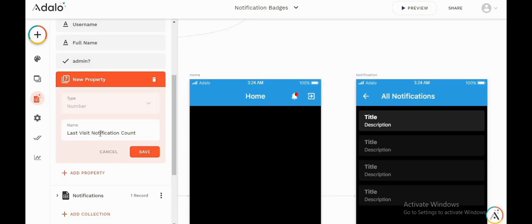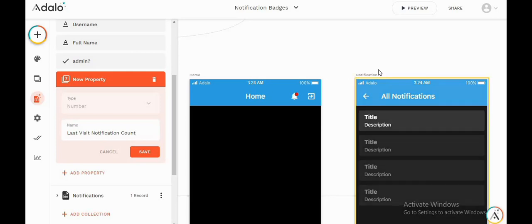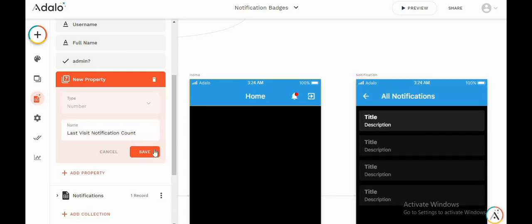So basically this property, we'll use it to store the number of notifications, the count of notification the last time we visited the notification screen.